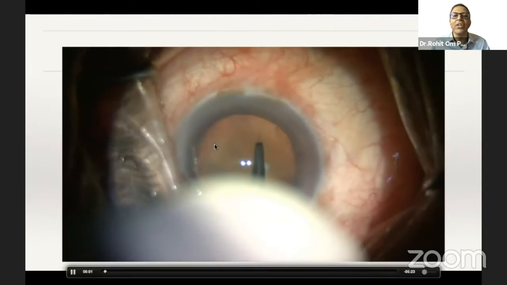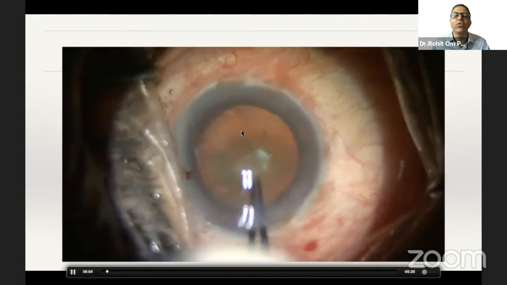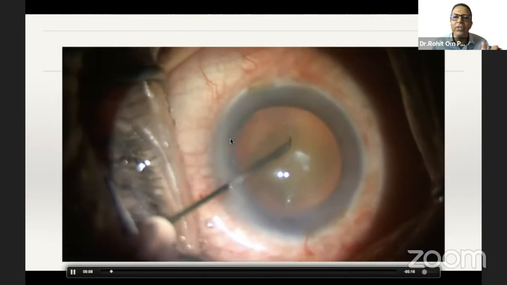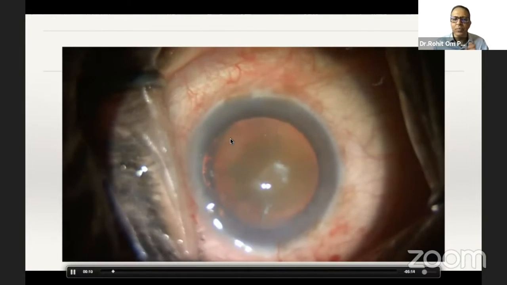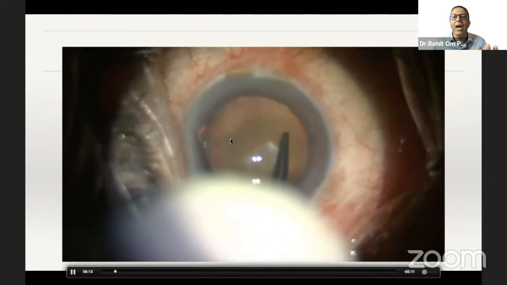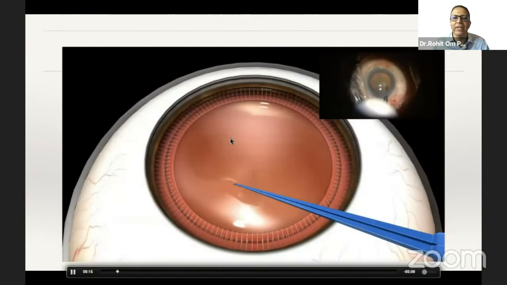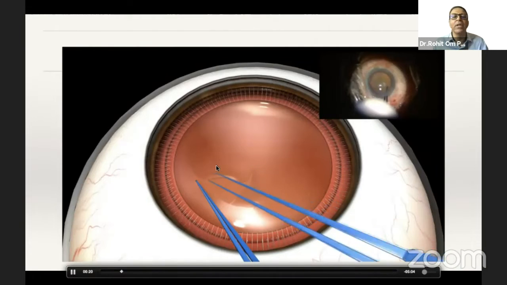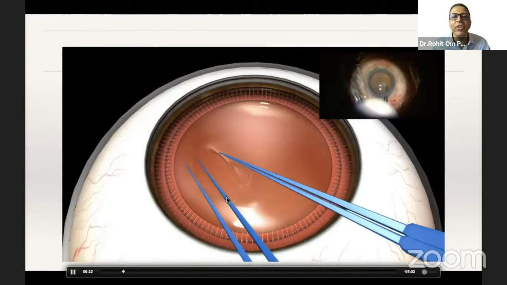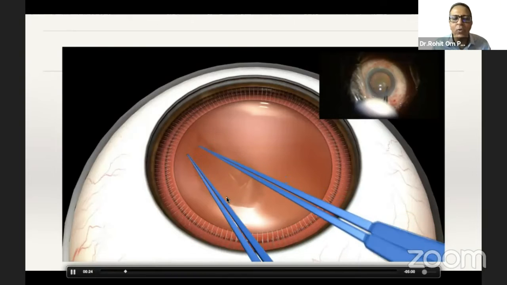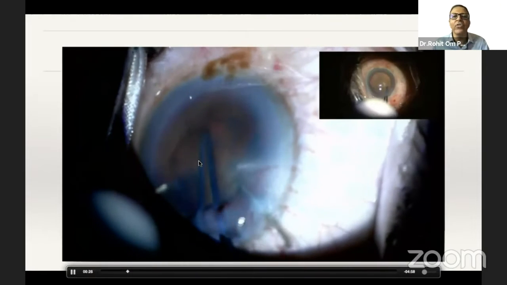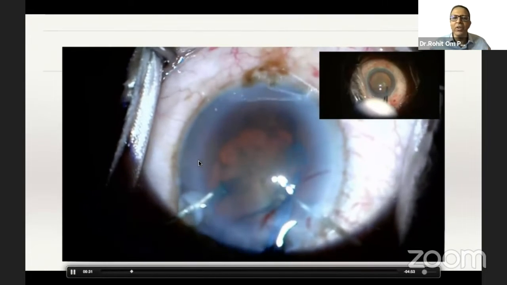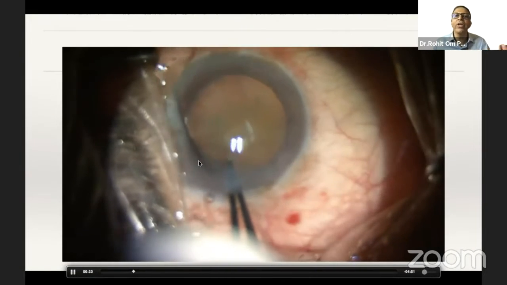You will find that the zonules are weak. So I have changed the strategy. I've used a pointed cystitome to my advantage. Now at this point of time, I have three options in my mind. First, as you told, we can do a bimanual rhexis, wherein this forceps provides counter traction. And the second is to use the capsular hooks to our advantage by providing an anterior-posterior support,